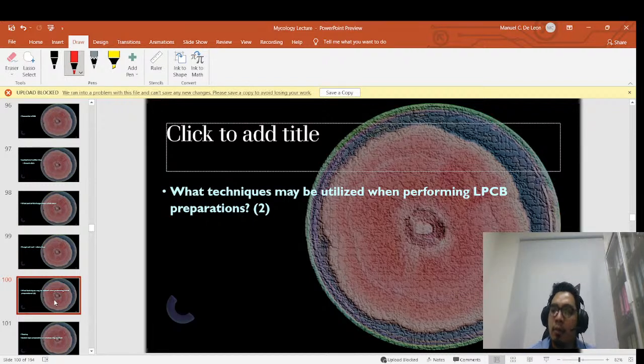After that, you get another needle, and you tease it whilst mixing it with lactophenol cotton blue. And the famous one is what you call the scotch tape or the cellotape flag method, wherein you put a piece of scotch tape on a piece of pencil or whatever, and then you touch the outer portion of the fungus, and then you put it on the slide with lactophenol cotton blue.